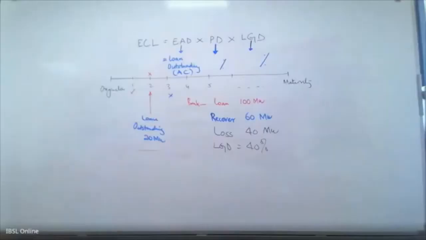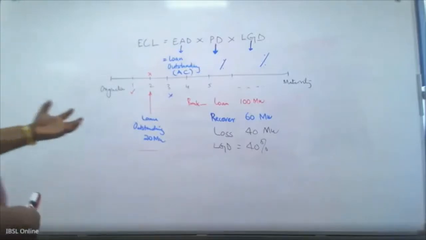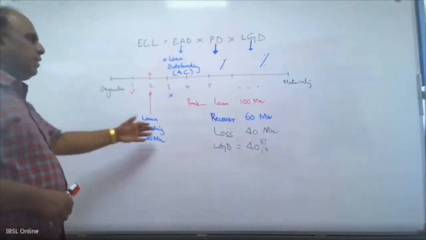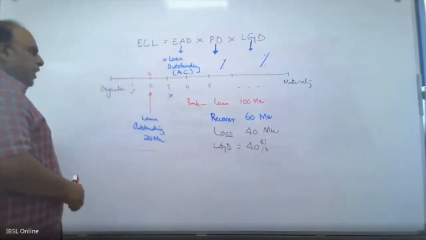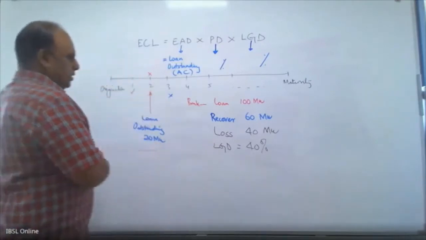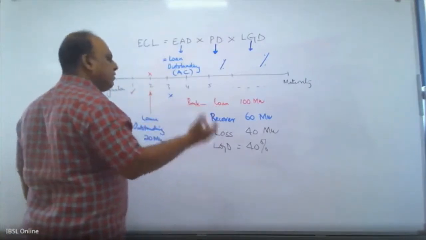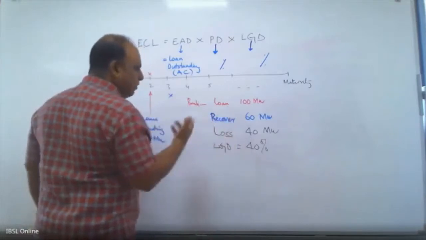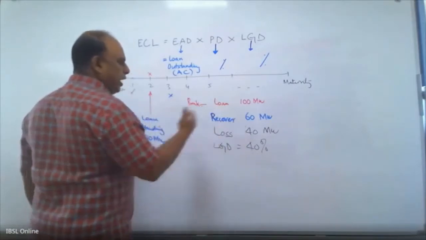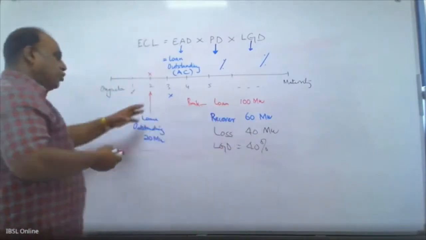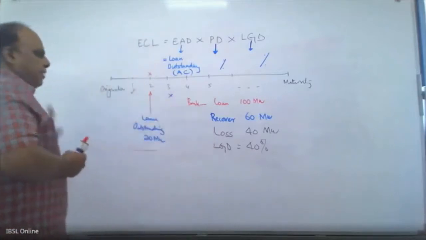Excuse me, sir. Does this apply according to the customer's repayment ability or according to the company's decision? This is based on what has actually happened in the past. Not for this customer, there may be other customers. From other customers' loan repayments, if you look at how this company has recovered the loan, these are actual numbers that we are talking about. If you had 100 million, how much have you recovered? I'm just taking an example, but this has to be calculated based on your historical information.